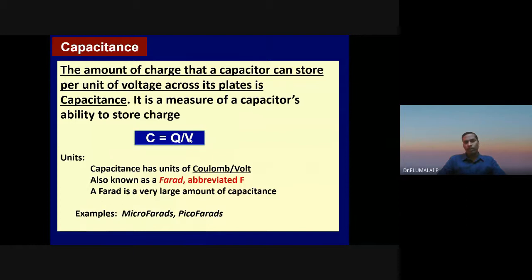And the magnitude of the conventional capacitor is so small that it is quite often microfarads, millifarads, picofarads. So 10 power minus 12, 10 power minus 6, or 10 power minus 3. And compared to picofarads, microfarads, a farad is very large. Now with the development of supercapacitors, the capacitance of the capacitor has increased from microfarads, millifarads, picofarads to farads.